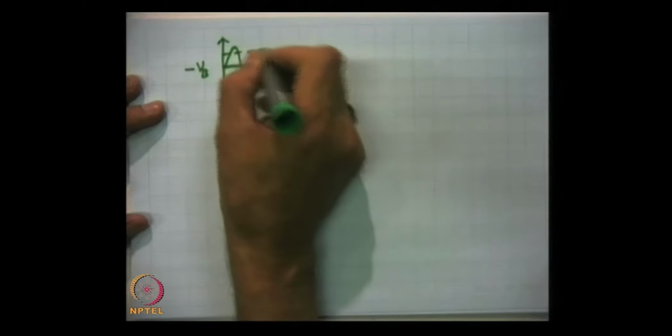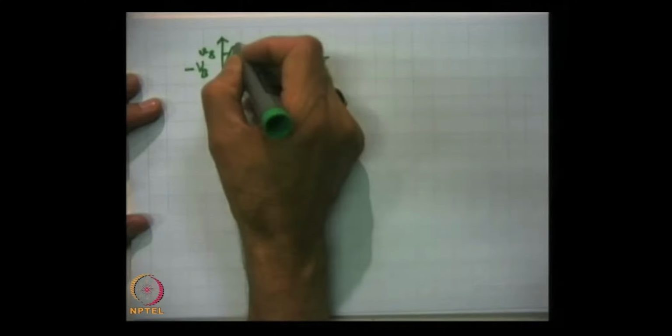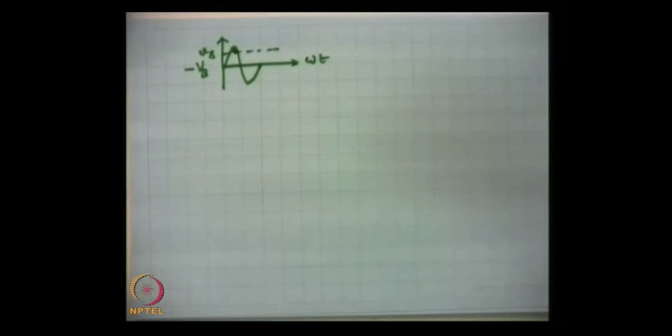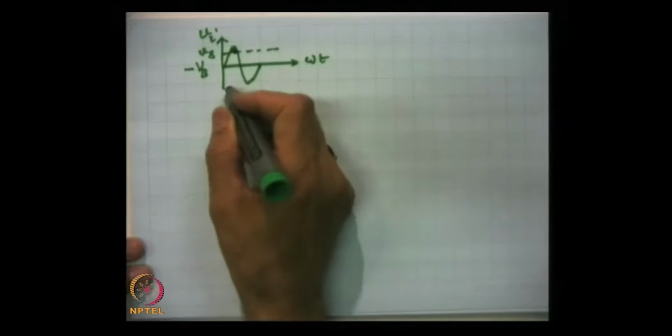This is where we have biased it, and this is V s. Only this portion will make it forward bias. The emitter base junction will be forward bias only here. This is V I correspond, and this is, let us see,